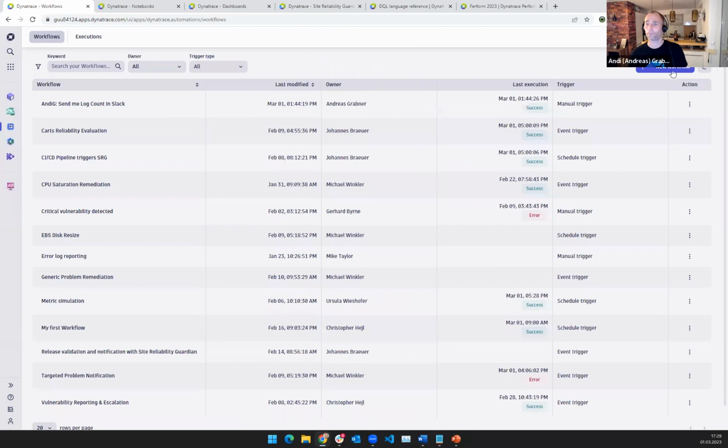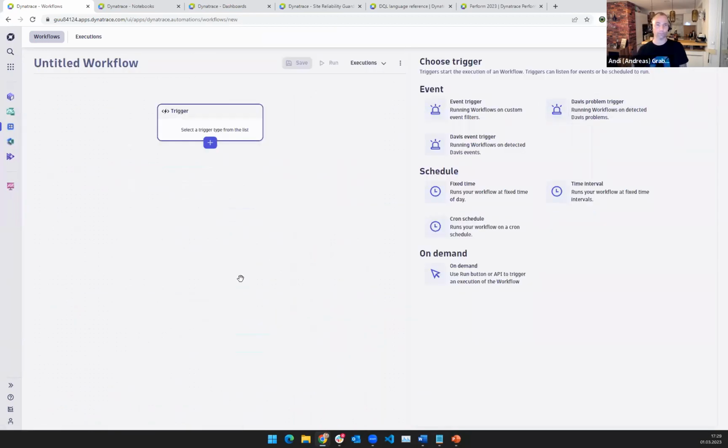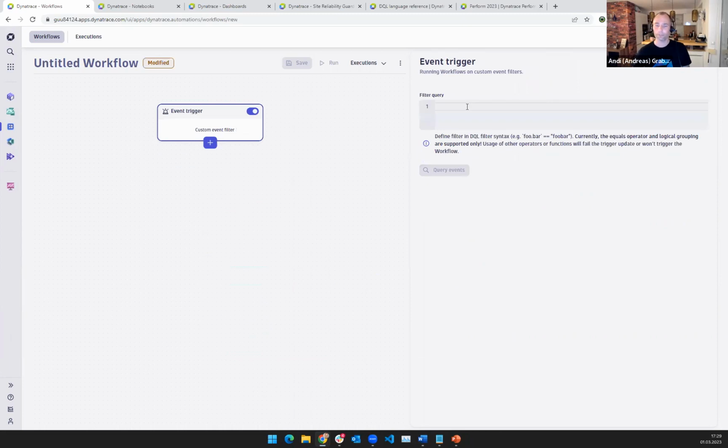New workflow. I want to do a very simple one. So as I said, it always starts with the trigger event. As I said, event, either any type of event where you can query events that Dynatrace has in Grail. So as you can see here, this is the query where you can say, like we saw earlier, for let's say a business event or a security event. Again, DQL syntax, exactly.